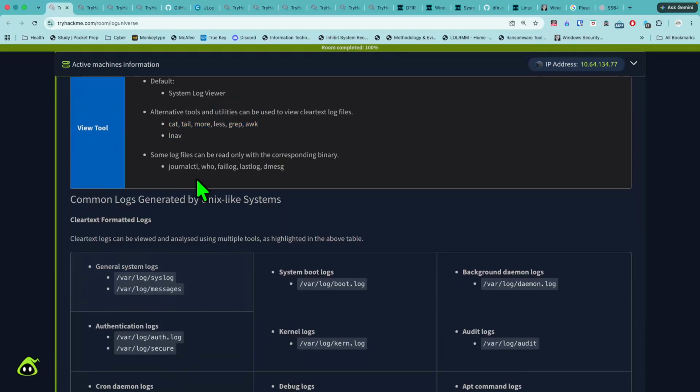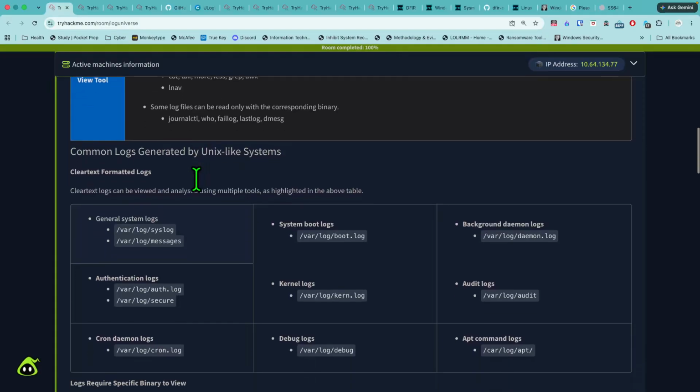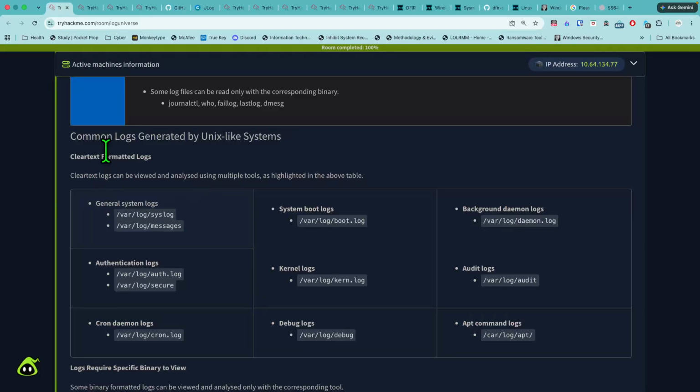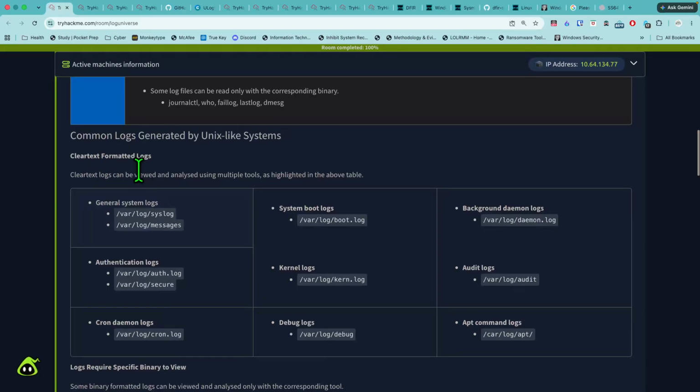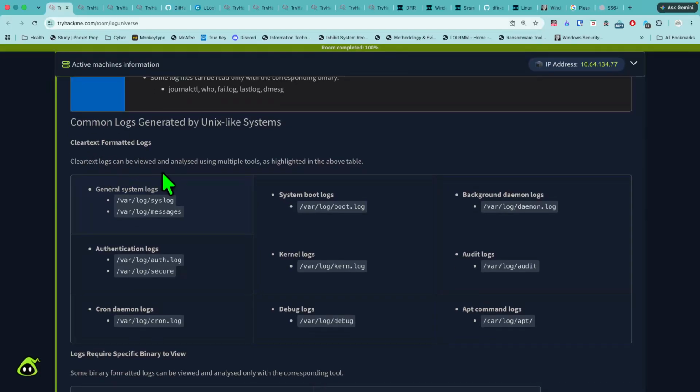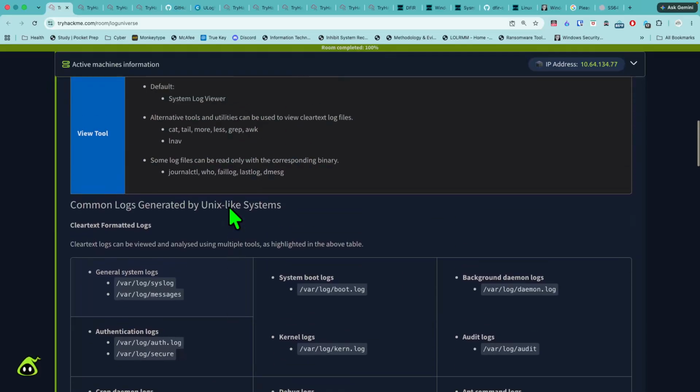Alright, also some log files can be read only with the corresponding binary: journalctl, who, faillog, lastlog, and dmesg. Now let's talk about these logs. So, clear text formatted logs. Clear text logs can be viewed and analyzed using multiple tools, as highlighted in the above table. So all these logs that are mentioned are clear text logs that can be viewed and analyzed using multiple tools,